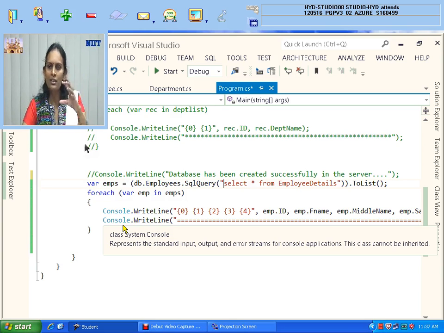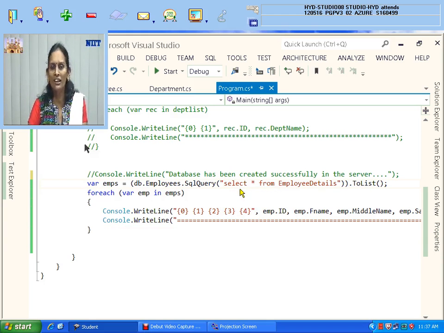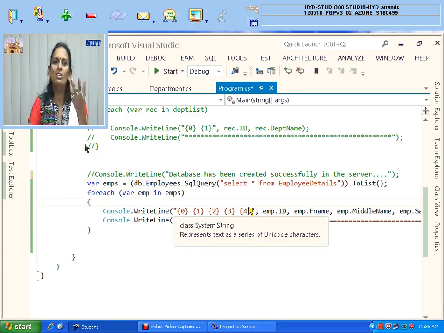Did you learn this insertion link you learnt in the AC? You only learnt retrieval. Did you learn insertion, deletion, updations? No. Now you can learn insertions, deletions, updations from here with the help of the link. And not only using that, you can also do it using direct SQL statements. These are advanced concepts that are also there.